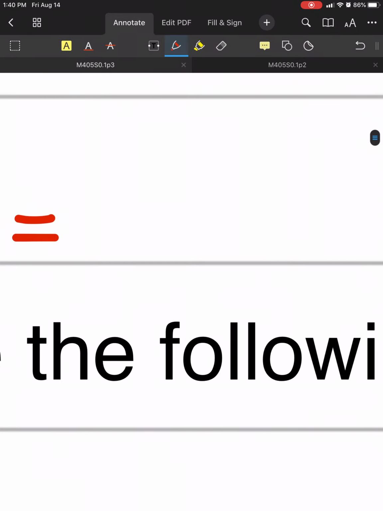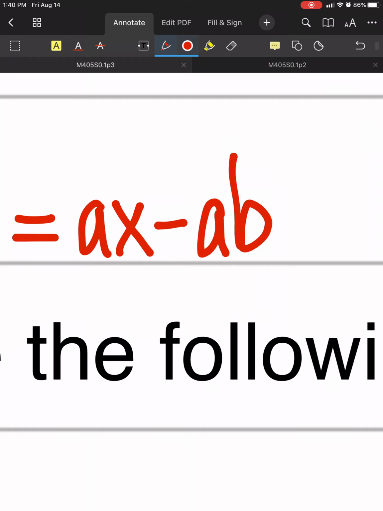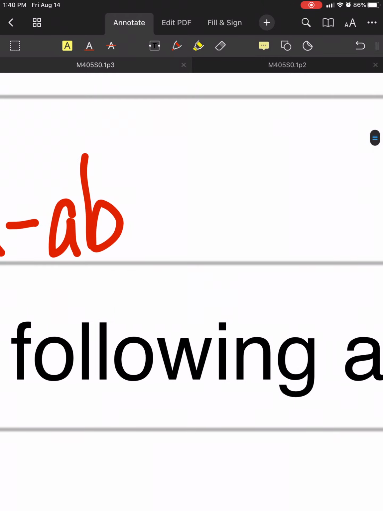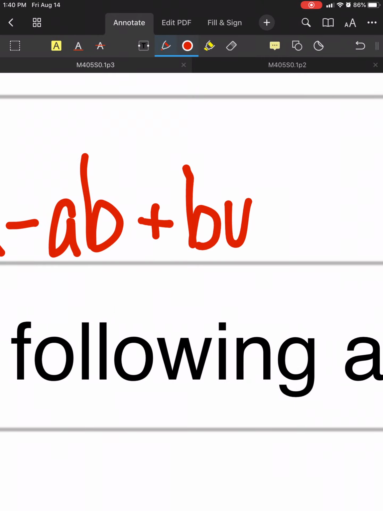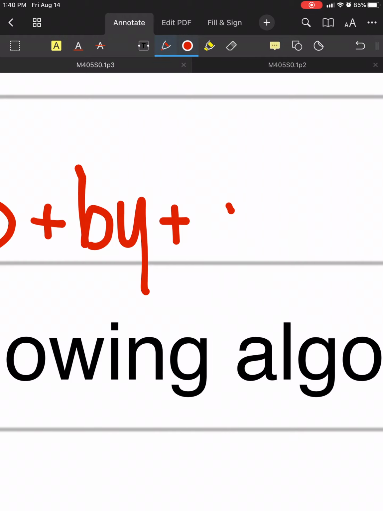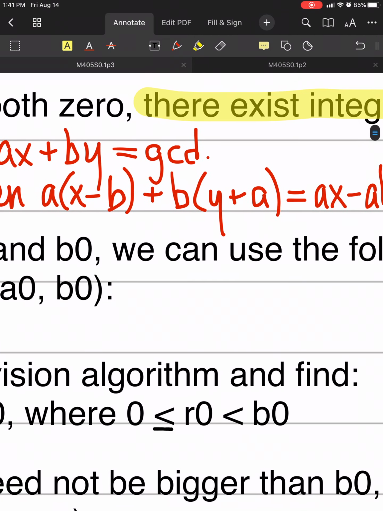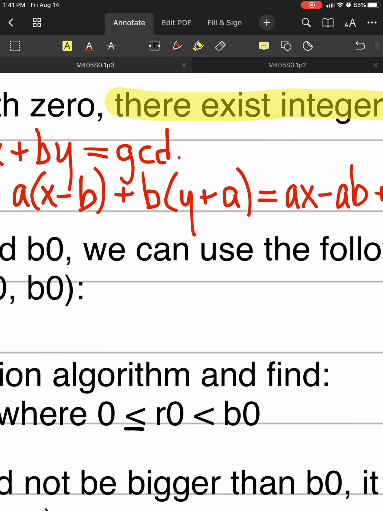Let's zoom in again. Ax, if I remember how this worked, minus ab, then plus by plus, okay, plus AB, and you'll notice that by subtracting b from x and adding a to y,